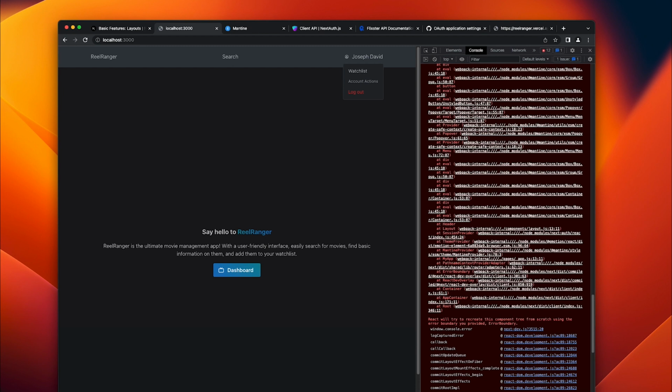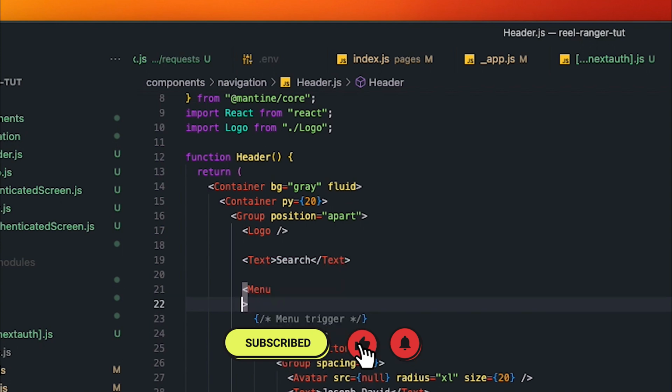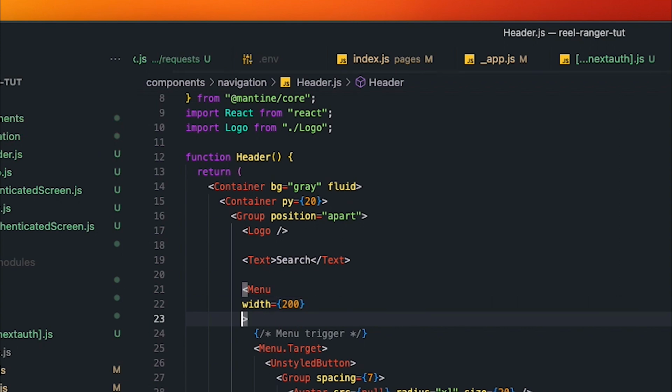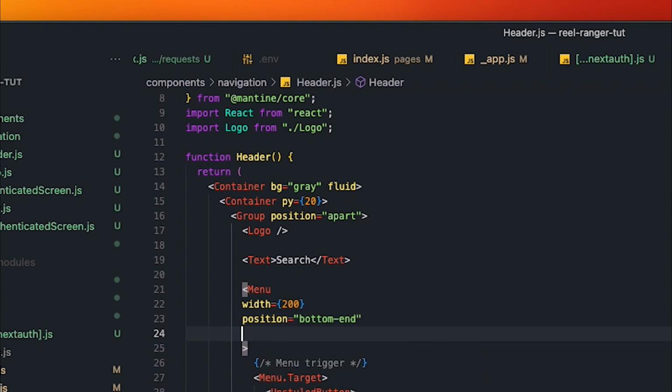Let's see. So from the menu, we're going to define the menu and customize it a bit, give it some width and whatnot. So go to menu and we're going to give it a width of 200. You can skip this part for the styling and customize according to what you want, and we'll get straight to writing actual code soon. For the position, I'm going to give it bottom end,